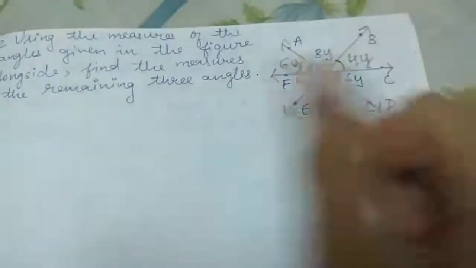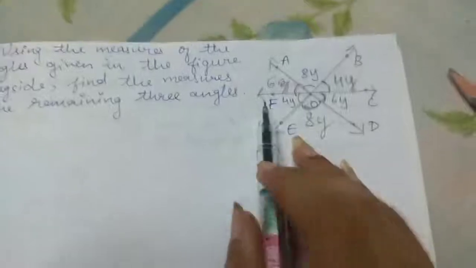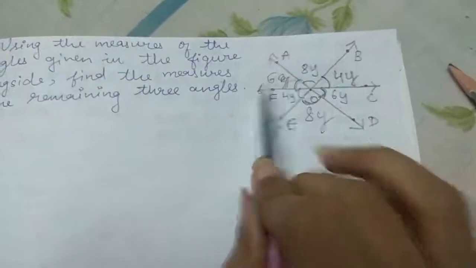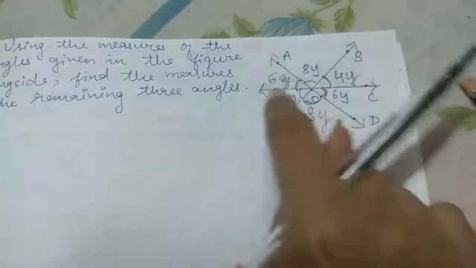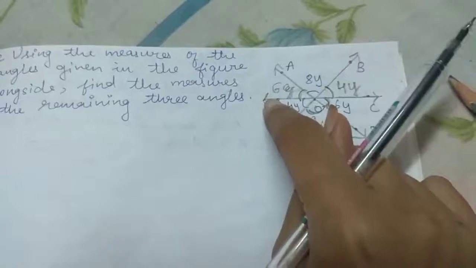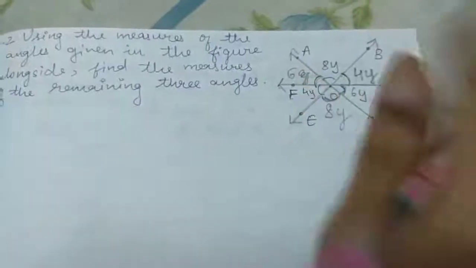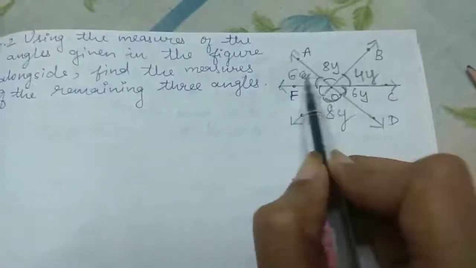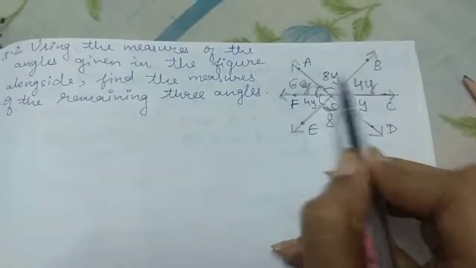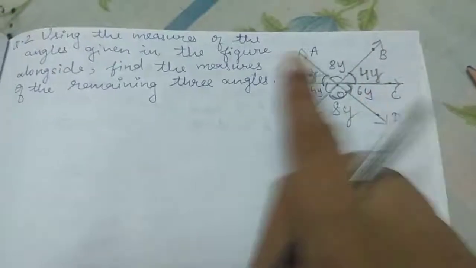Now we know all angles in terms of variables, so it will be easy for us to find the answer. Now can you see this line FC? Yeah, now this FC is a straight line, and in this straight line three angles are being formed. Now when the angles are formed in a straight line and when we add up, the answer is 180 degrees. Hence when we add up these three angles which are in a straight line, they will give us 180 degrees. That's how we will be finding the measurement of angles. Okay, so let's start.